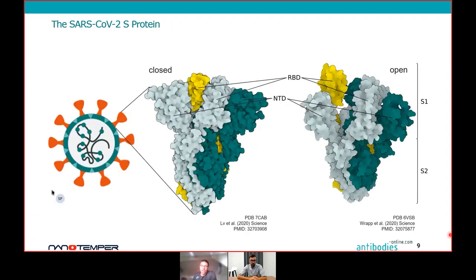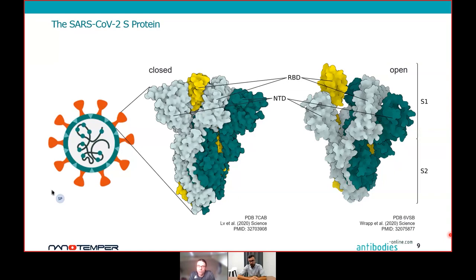In order to better understand the body's interaction with SARS-CoV-2, it is helpful to have a closer look at the S protein structure. The S protein protrudes from the spherical virion, shown here on the left, and gives it its characteristic appearance, resembling a crown that has earned the group of coronaviruses its name. Zooming in on the S protein here in the middle and right, shows that it's actually a homotrimeric complex consisting of 3 monomers, shown here in yellow, gray, and green.